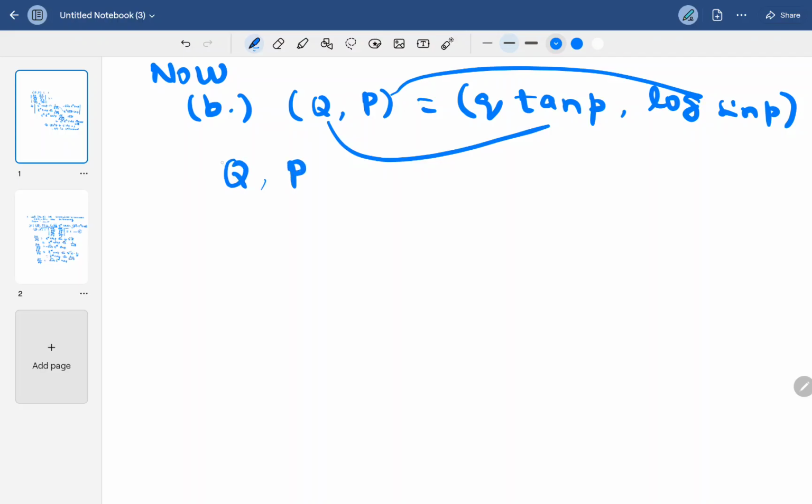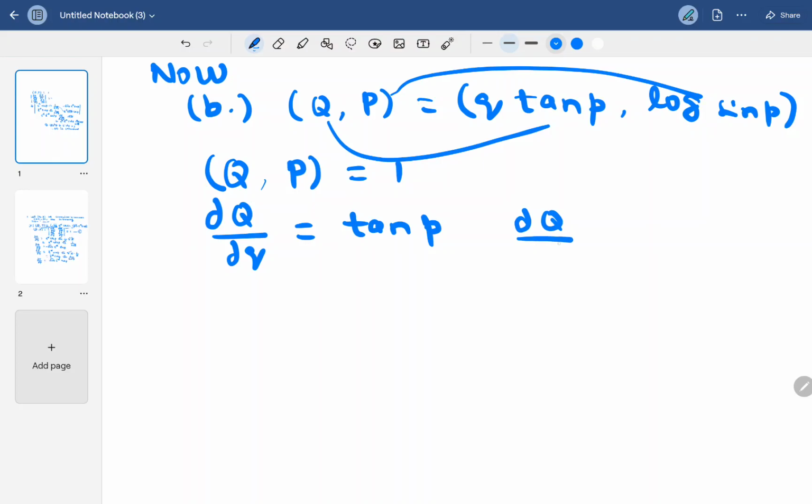If you show the Poisson bracket value is 1, then we say that the B transformation is canonical. Now I am going to find dou Q by dou small q. Answer is tan P. Dou Q by dou small p, answer is Q